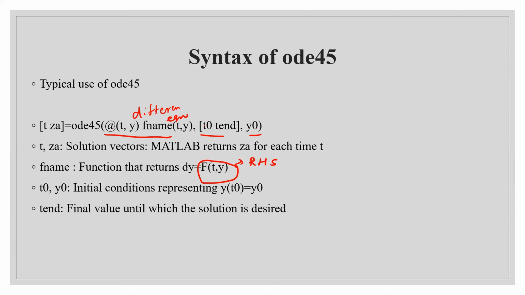The second is t naught to tn, meaning the initial time and the final time. We have to specify, like, I want to simulate for 0 to 100 days, or 0 to 365 days. We give our starting value and our end value. And this is the initial condition. Like I told you, I have considered initial values of 10 and 5: for rabbit it's 10, for lynx it's 5. So you have to put the initial condition over here. Now ODE45 will solve this differential equation numerically and give you the answer.